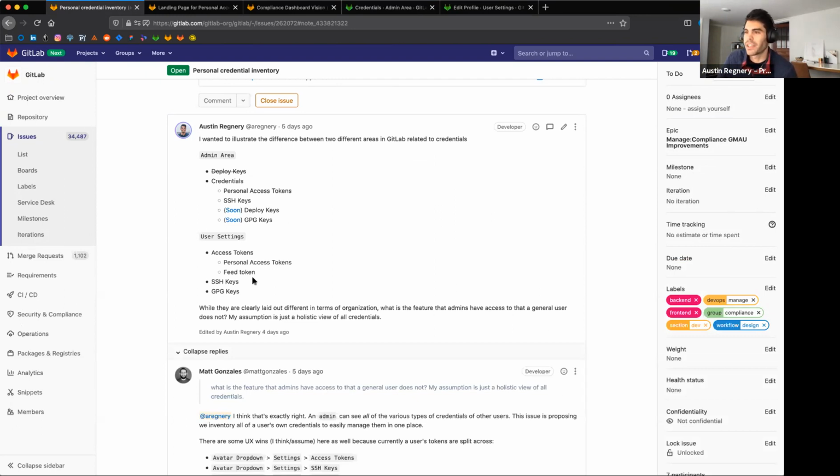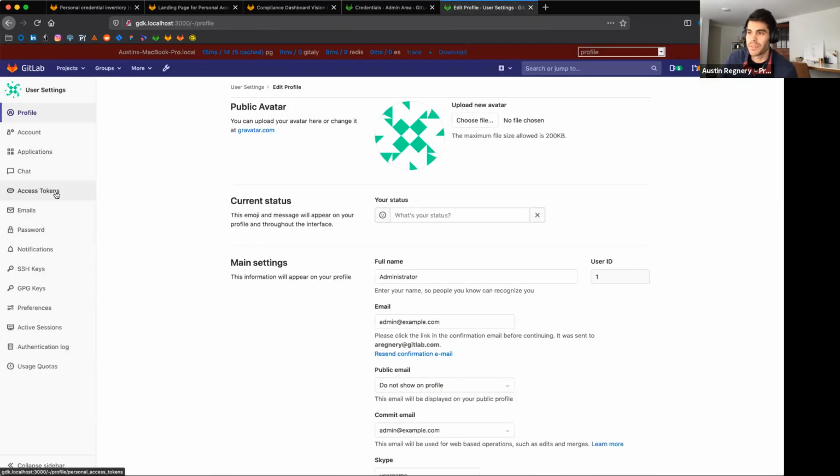There are times maybe when deviating is easier. And the very niche example I brought up is someone that's unfamiliar with personal access tokens. It might be more discoverable for them to be at a level where you can easily find the word access tokens, when we haven't implemented a search capability to help you find something very specific. They might not understand that it's a credential. They just know they have to find something called a personal access token.